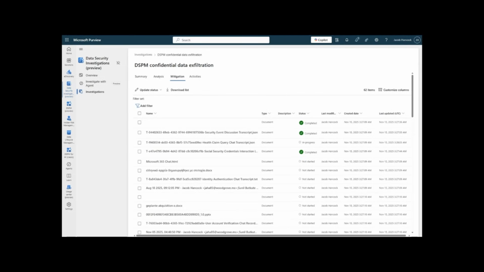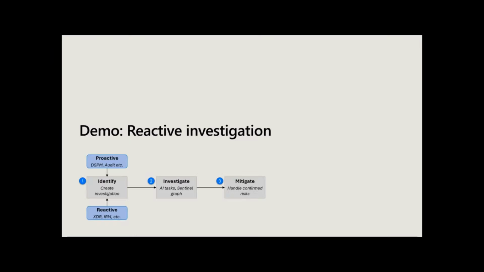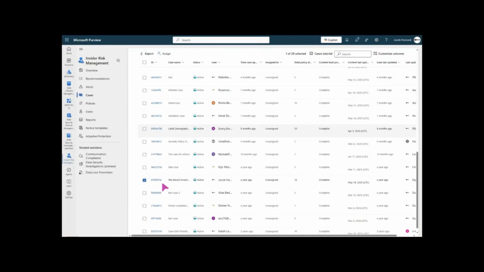So here we got a pretty basic workflow where I can start, change the status of those documents. I can export this if I need to share it with my CISO or whoever chain of command within my organizations. And that wraps up that first demo on how to deal proactively with a potential exfiltration, what was exfiltrated, and what do I need to do next. Let me switch gears and show you the other side of the coin, which is in this case, we have a confirmed incident.